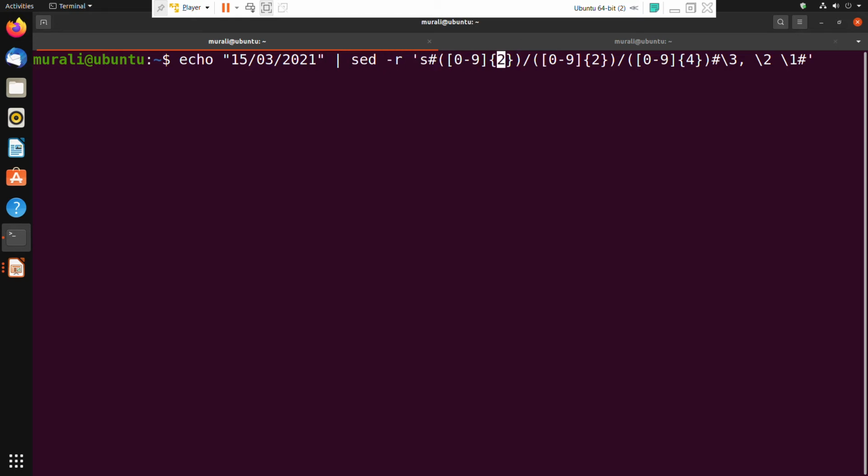Again the next remembered pattern within a pair of brackets, 2 occurrences of digit character, then slash, then 4 occurrences of digit character. So you have \1 \2 \3. I want to display it in the form that is, substitute that with \3 \2 \1. So let us see.